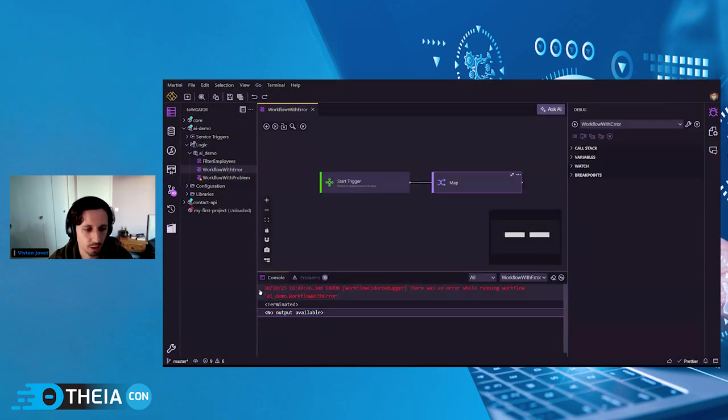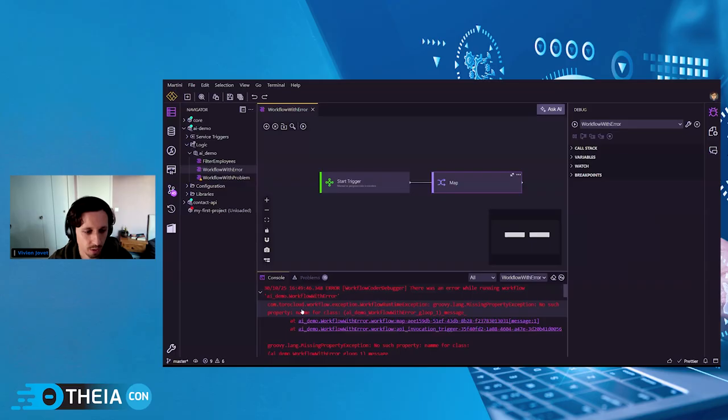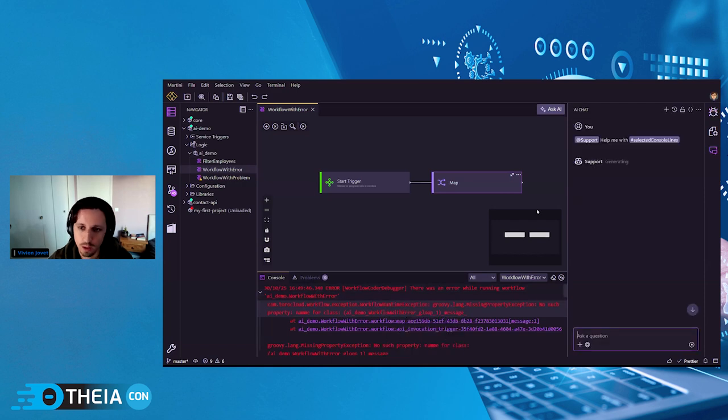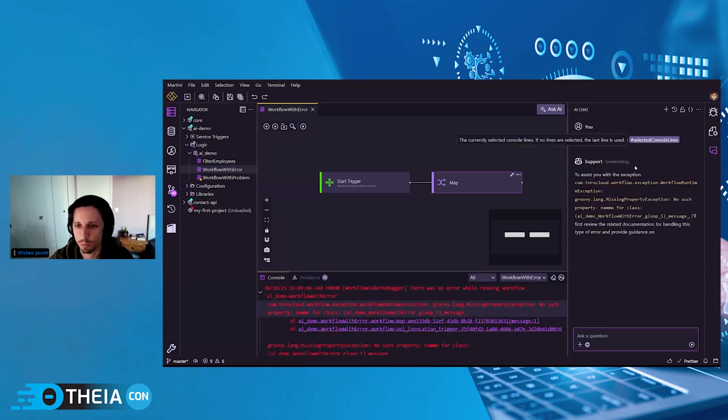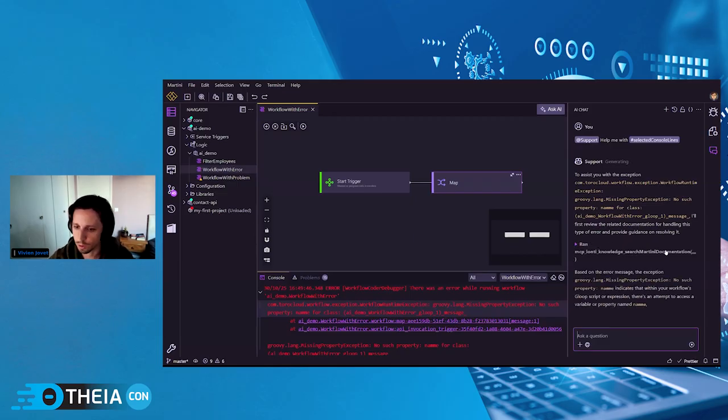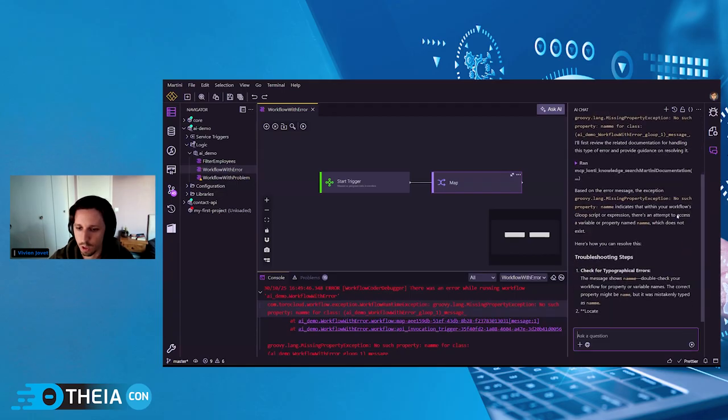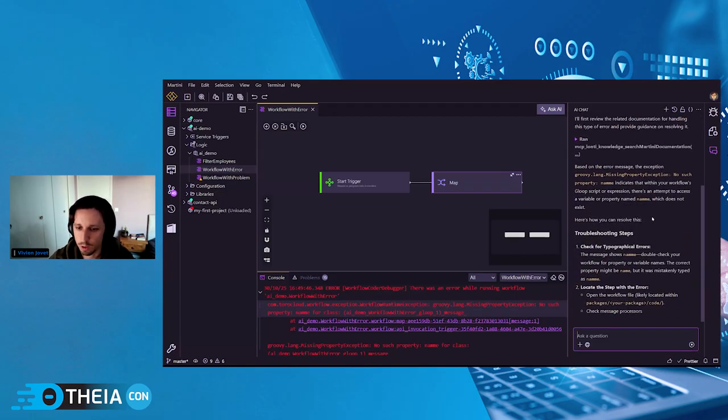So as expected, we're getting an error because it cannot find the name property. So if the error message is too confusing and I don't know what to do with it, I can just right click and ask AI about it. So that will again start a new session with the support agent, but this time it's providing it the selected console line. And you can see that again, it can do some search on the Martini documentation to get some extra information